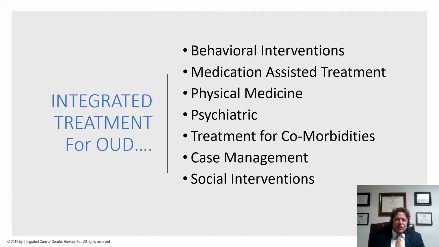You also want to include care management for housing, employment, and education. And then other social interventions. What kind of social inputs can you use, such as peer support and the mutual self-help communities, as part of your treatment plan? And with opiate use disorder, this is much more than just maintaining abstinence. This is whole person care.